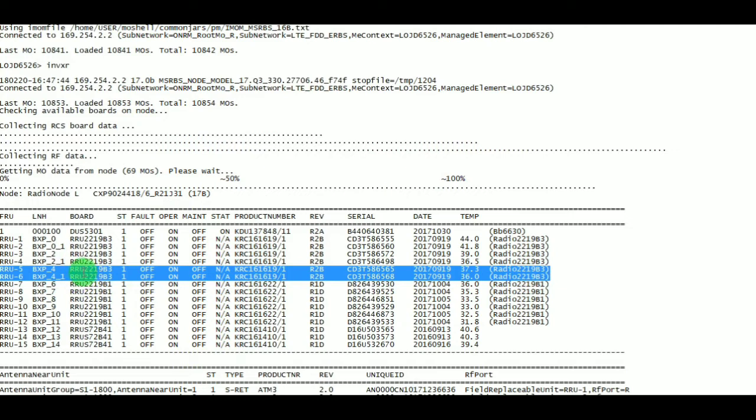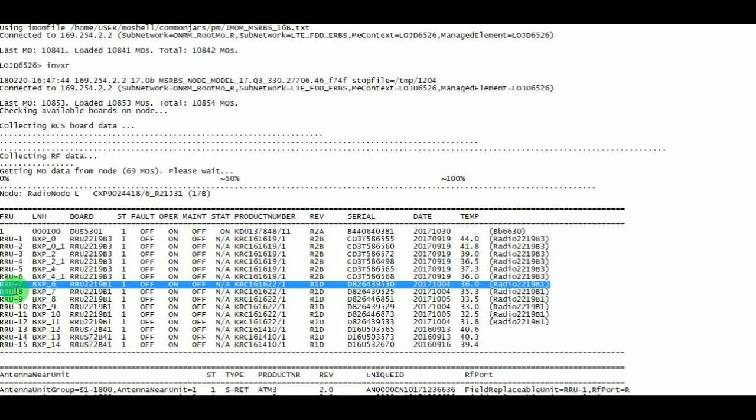This is the product name and these are the LED status, and KRC 161619/1 is the product number. These are the hardware revision, the serial numbers, the manufacturing date, and the current temperature on the radio unit.